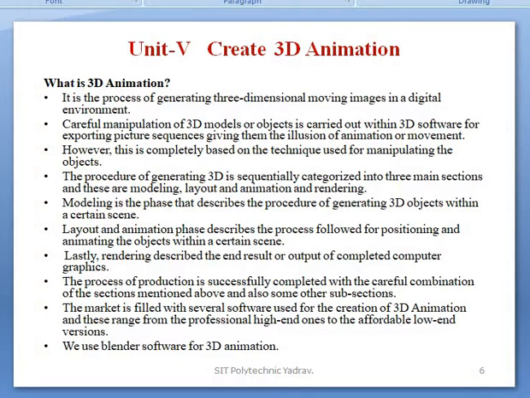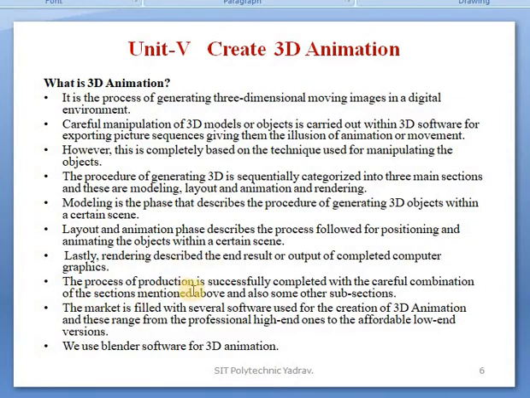Lastly, rendering describes the end result or output of the complete computer graphics. Means, through these phases we create the 3D object. In the modeling phase, we actually generate the object. In the layout and animation phase, we give the positioning of the objects. And in the last, rendering, you get the result.